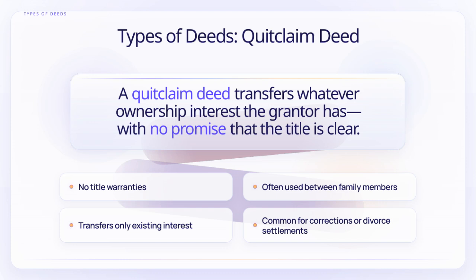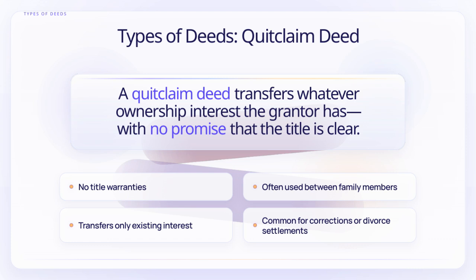But here's the key point. It comes with no guarantee that the title is clear or free of issues. In other words, there are no warranties on the title. This type of deed is often used between family members because of the trust involved. It's also commonly used for making corrections to the title or in divorce settlements. Essentially, it only transfers whatever interest a grantor has at the time, without any promises about the status of the